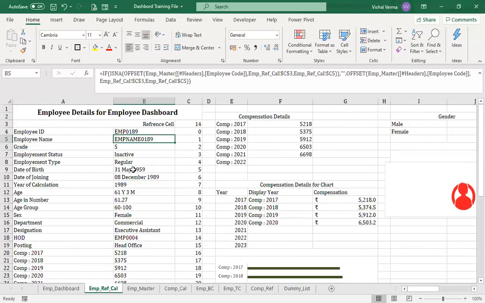So if you are working for the competencies, or related to attendance or any information, it will be the same, because the attendance will be in different columns. So you will have the casual leave, the privileged leave or the earned leave, the sick leave, that will be there in the columns: the accumulated leave, the leave taken, all that data will be there in columns. So you can just give the column number, and the reference cell is basically the employee ID that you will be working on. So it will move into the row and column and find that value accordingly. That is the function of the offset function.